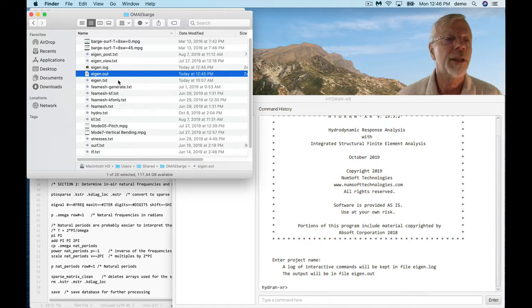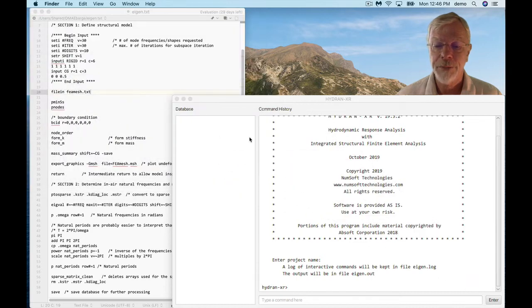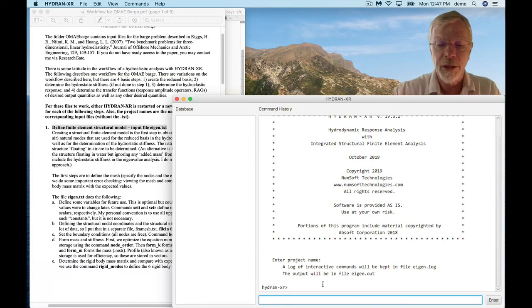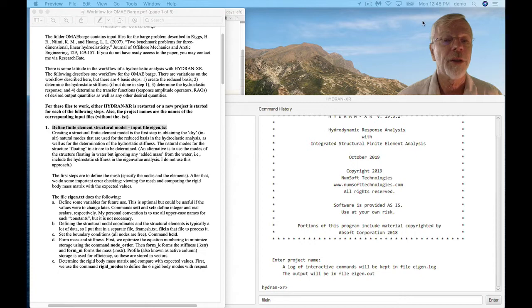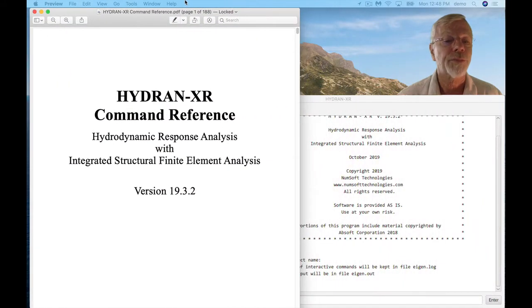So okay, let me hide this for right now and come here. I'm going to file in our input file. I'm going to use the file in command as we saw before in the input file itself, which filed in yet another file. But before I execute this command, if you have a question about the syntax for a given command, you can come to the PDF reference file, which is here, and